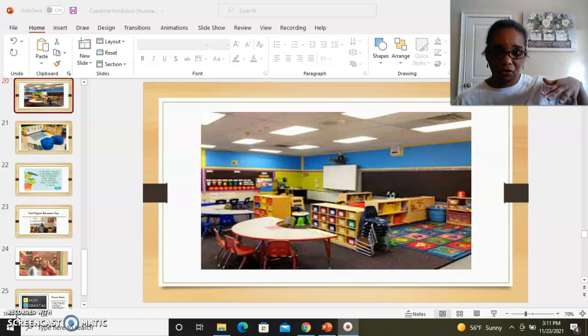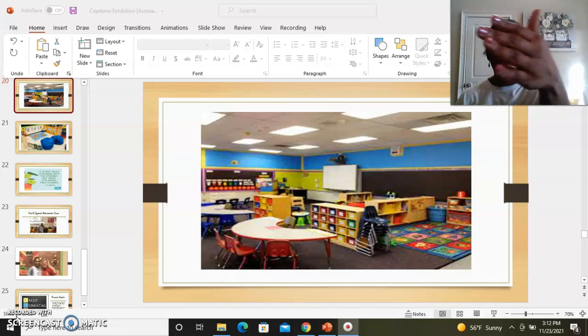And see, you have all this space back there. You think about your diverse learners. You might have students in wheelchairs, and a wheelchair can easily roll up in here, with easy access throughout the classroom. You open here, you've got your centers, your blocks, your cubbies, the rug area. So that's how a classroom should be. It should be functional for every student, even the teachers, to go around the classroom.